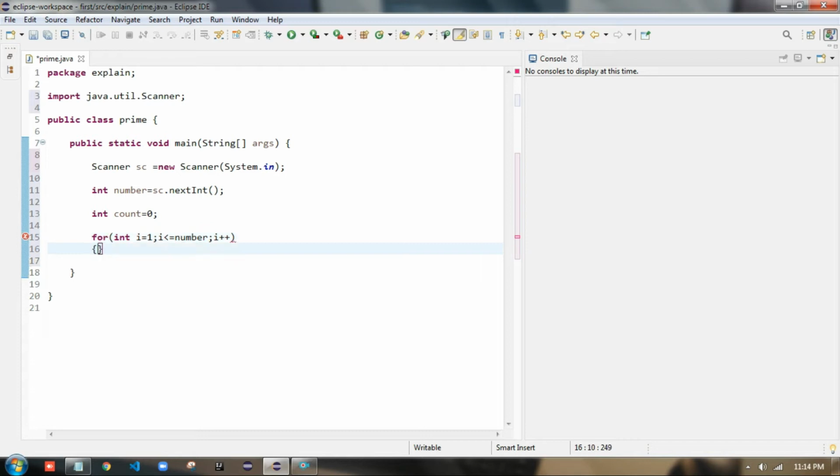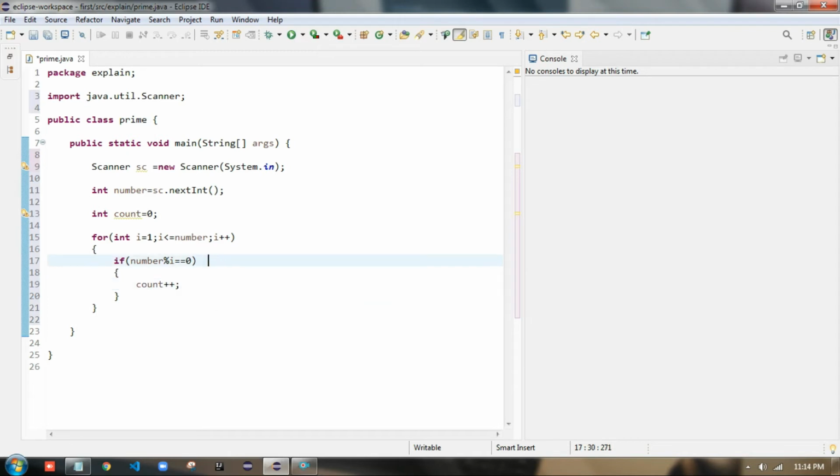So in the body, what I will do is, if the number that the user has given is divisible by i, meaning it gives remainder equal to 0, I will increase the count, count plus plus.